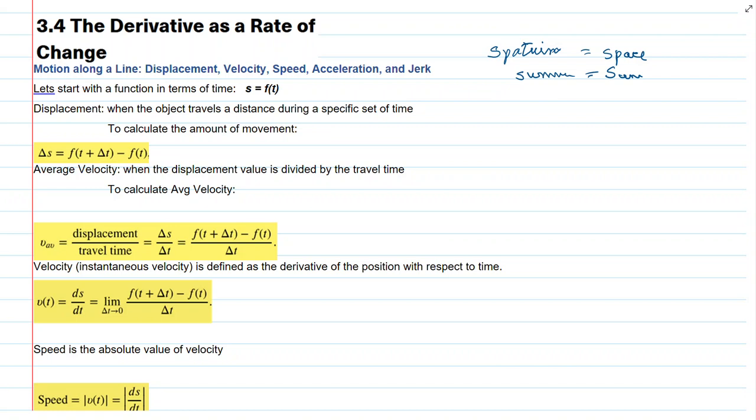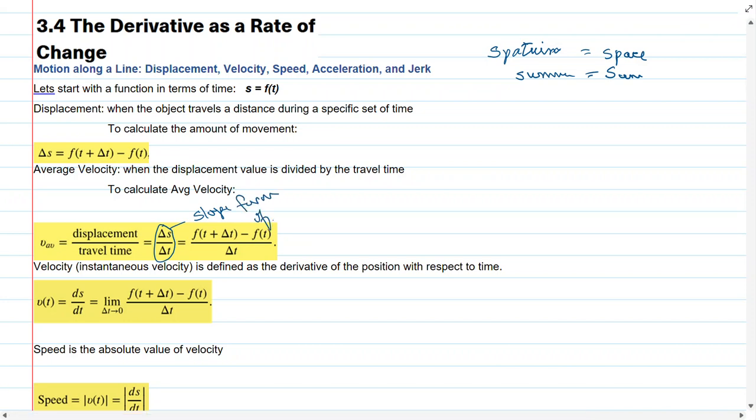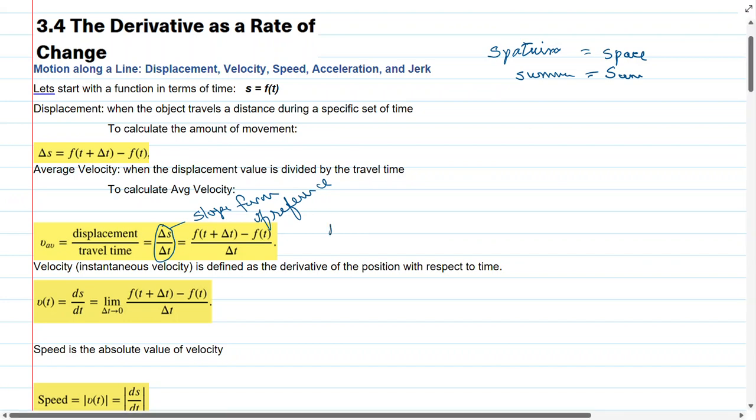And notice that we use the slope form of reference. All right. Because we're getting an average, that would mean a rate of change. And then we have the next one, which is velocity. Now we're getting into